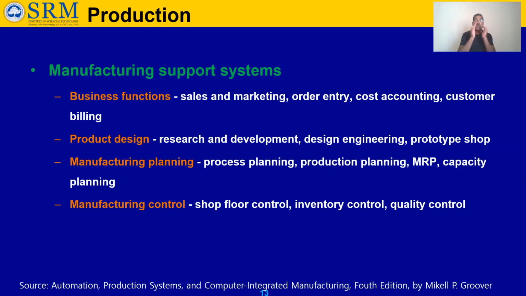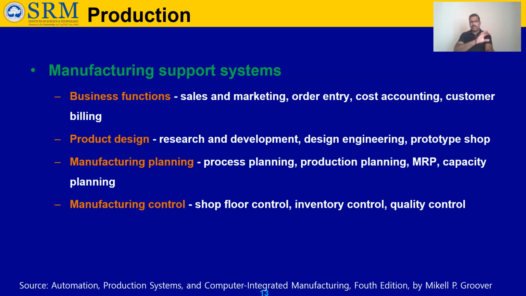Capacity means how much quantity. For example, one product will have varieties. Take a car or mobile as an example. If you take one car, it comes with lots of variants, right? Variant X, Y, Z, like that. Each variant has different features. According to that, if we want to make it in our industry, for a particular variant, do we have enough material? Whether we have that capacity or not, we have to plan it. That also comes under capacity planning.